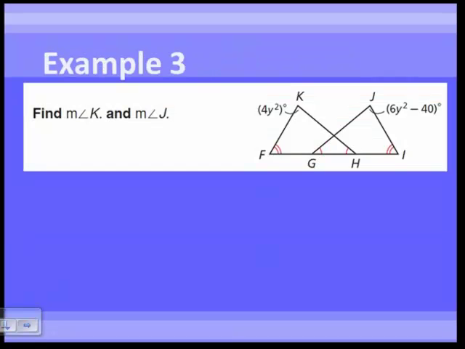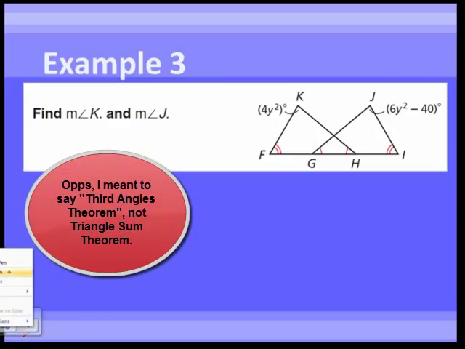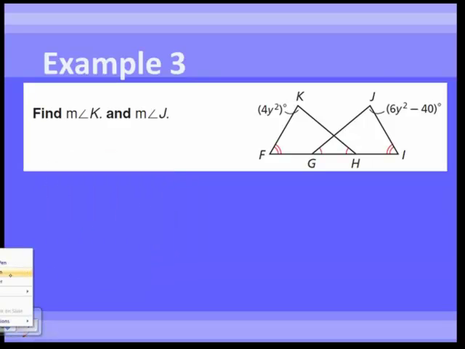Okay, we can use that triangle sum theorem now to solve this particular problem, because in these two triangles that are overlapping here, we know that G and H are congruent and F and I are congruent. So by the triangle sum theorem, we can conclude that K and J are congruent. So we can say angle K is congruent to angle J, which means their measures are equal. So 4y squared is equal to 6y squared minus 40. Now we've got a